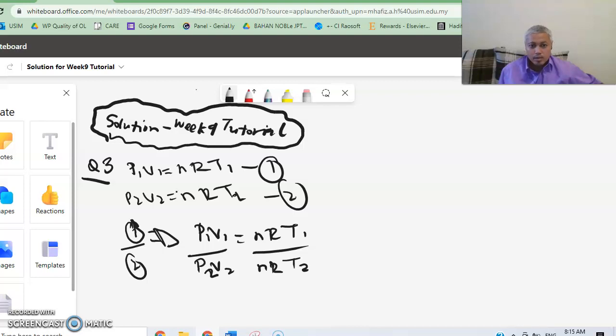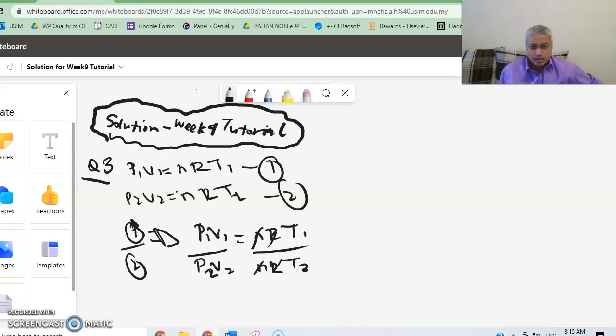and then R for sure is the same because it is the gas constant, but n is the same. Why? Because it is a gas, it is just being expanded, right? So the volume will be the same. Okay, sorry, the number of moles will be the same. So here we are going to cancel this one with this one, this one with this one. Then what we need to do now is we are going to